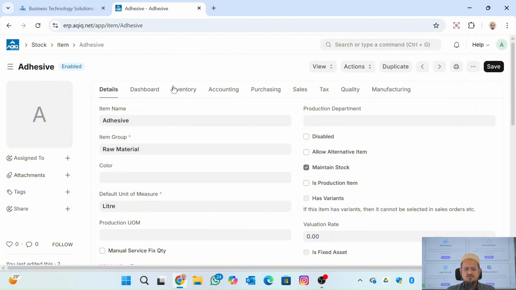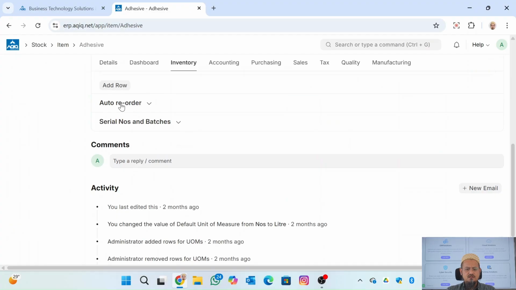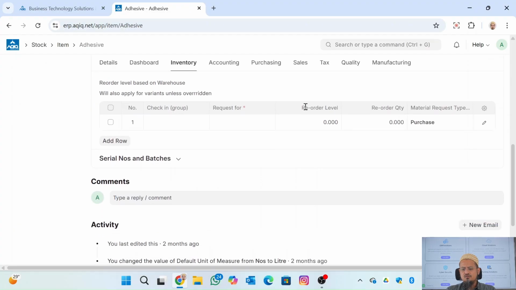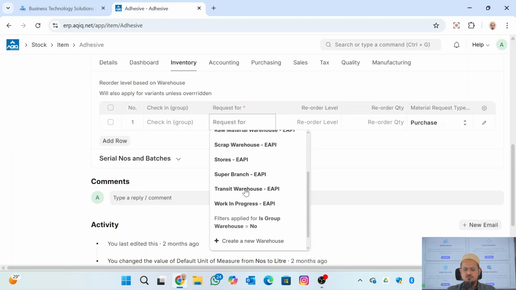Okay, you come to this tab called inventory, and if you scroll down here, you will find there is an option called Auto-Reorder. This is where you are going to set your reorder level. So here what you can do is you can say, fine, I want to request for my stores, all the